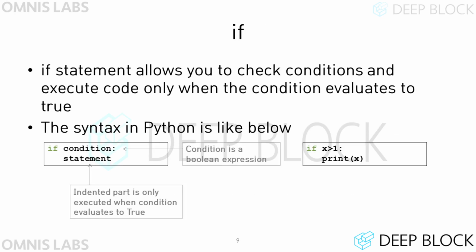An if statement executes the code block under it only when the given condition evaluates to True. For example, if x > 1: print(x) means if x is greater than 1, print x. If you want to use a conditional statement, add a space after if, write the condition, and then add a colon, change the line, and indent like we did to define a function. After that, write the code you want to run if the condition is satisfied.